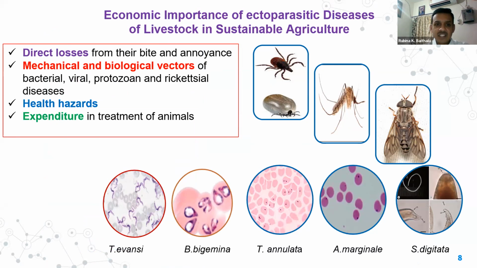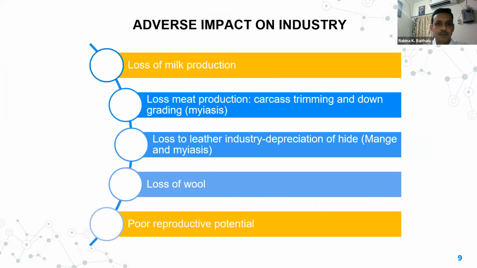They cause direct losses from their bite and annoyance. They act as mechanical and biological vectors of so many bacterial, viral, protozoal and rickettsial diseases. They bring health hazards, and there is enormous loss in terms of expenditure, in terms of treatment, and in terms of prevention. So if you talk about the adverse effects,